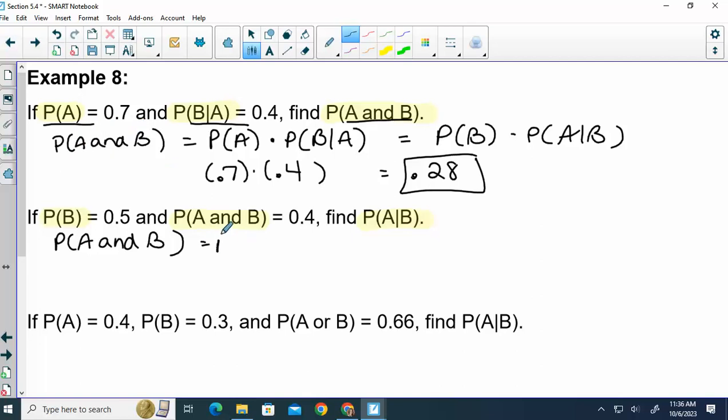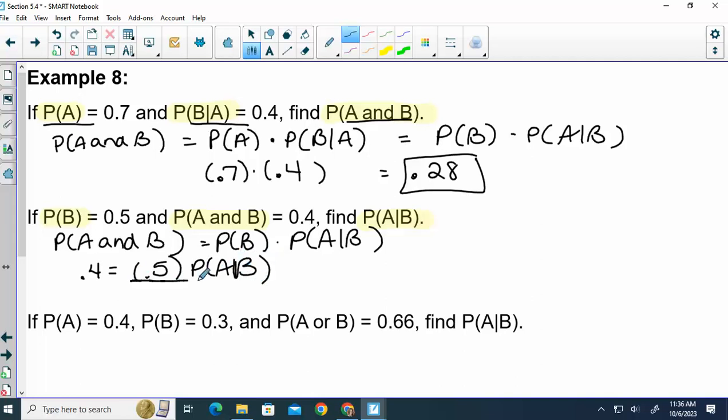So this time we have the probability of B and the probability of A given B. So A and B is 0.4. B is 0.5. Probability of A given B, we don't know. So we divide by 0.5. So the probability of A given B is